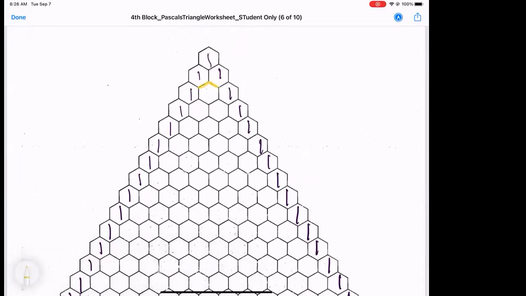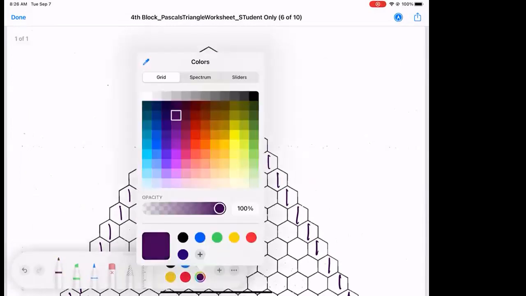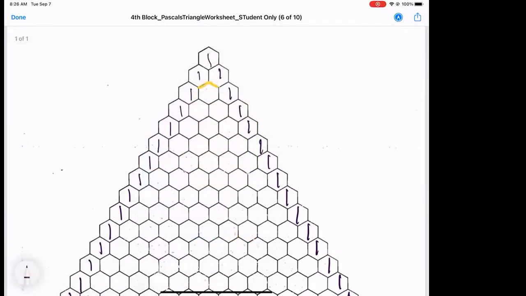So right here, you sum. So 1 plus 1 is, the two that are touching. 1 plus 2 is, two that are touching. 2 plus 1 is, now you've got 1 plus 3 is,